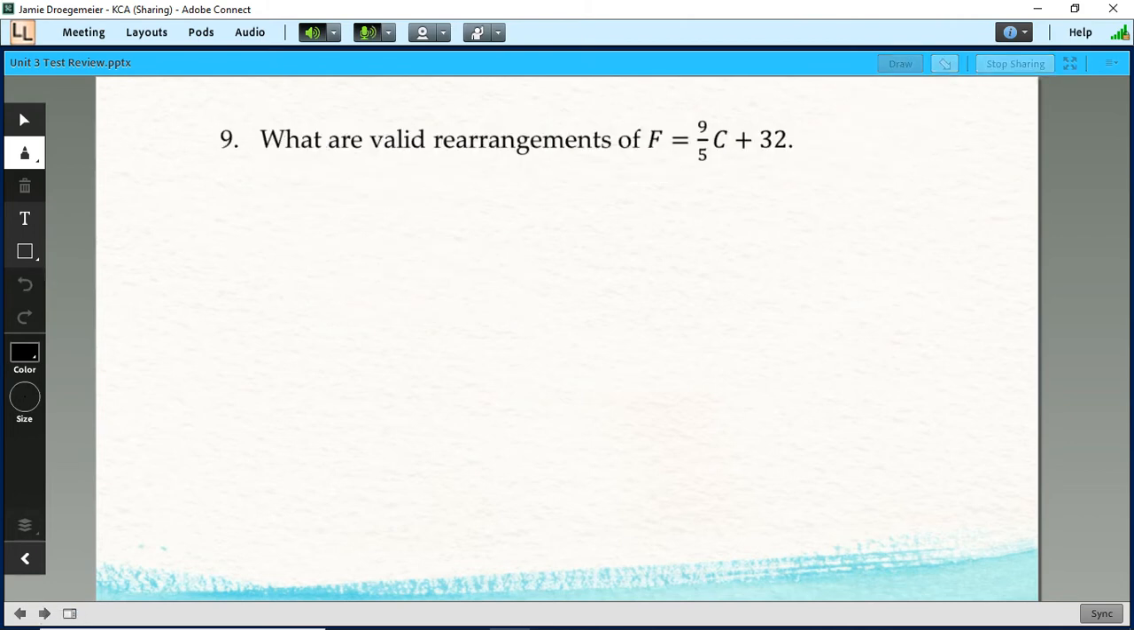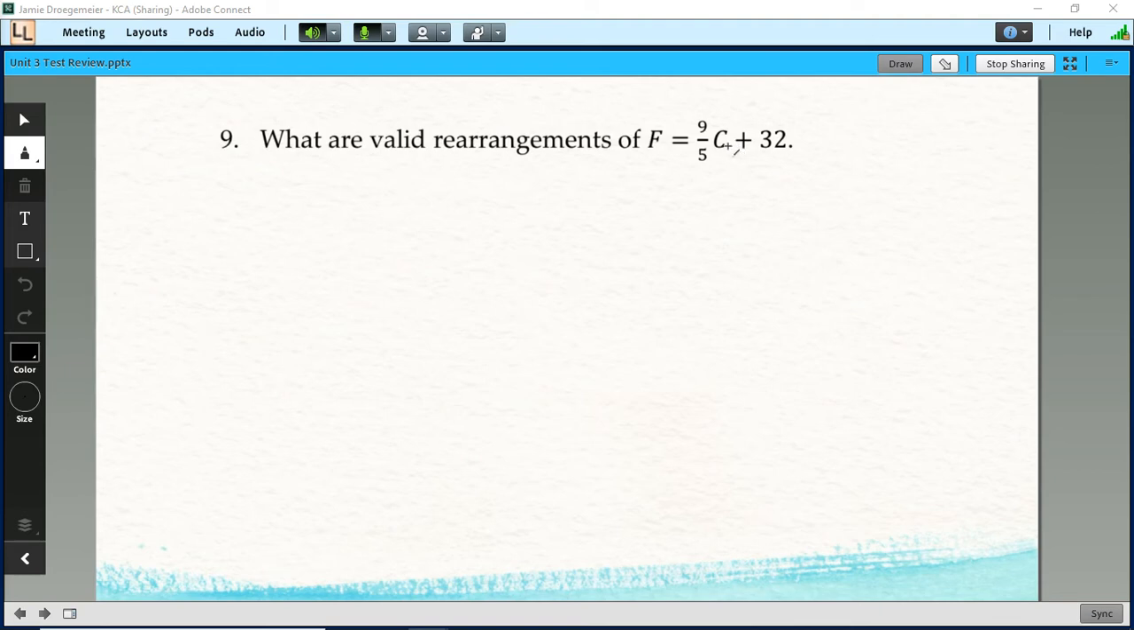All right, number 9 is asking what are some valid rearrangements of this equation or this formula. So to find a Fahrenheit temperature when we know the Celsius, we take 9/5 times the Celsius measure and add 32. Well, when we talked about some of these things, we said we could rearrange them to solve for a